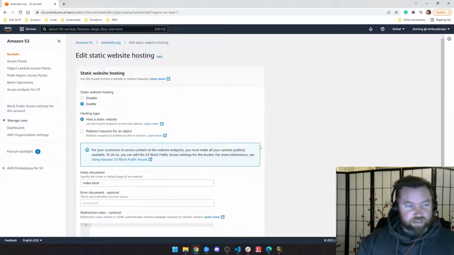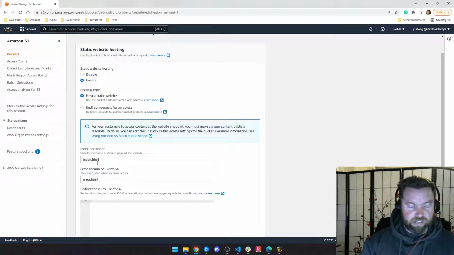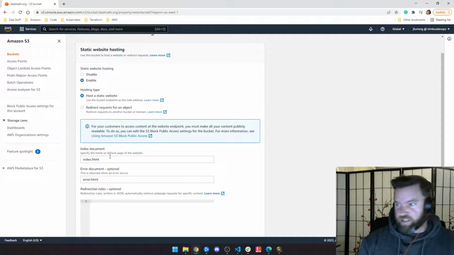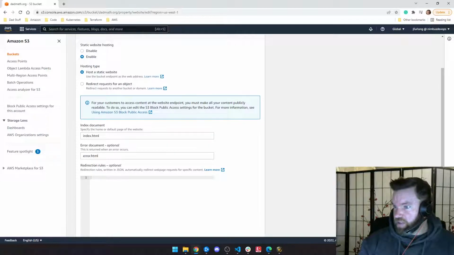If I want to put in some kind of error document, I could put like an error.html, and I could make an error. So if it's down, it'll display this instead of not available or whatever, which can be handy. We're not going to do any redirect rules right now. You could conditionally route requests according to some specific object key name or prefix, like algebra.dadmath.com or something like that. So anyways,